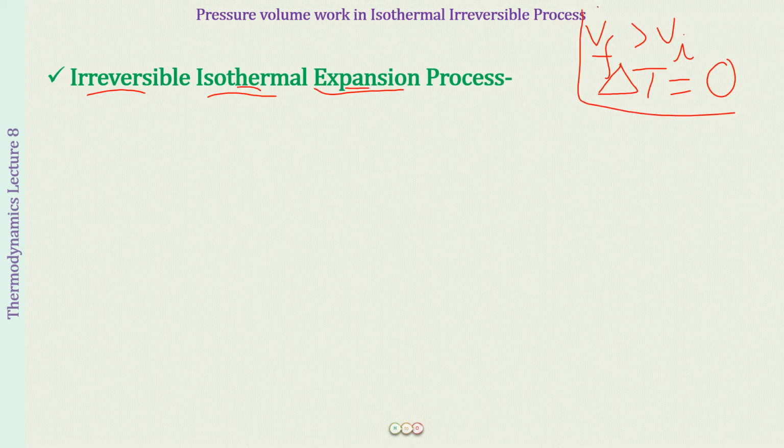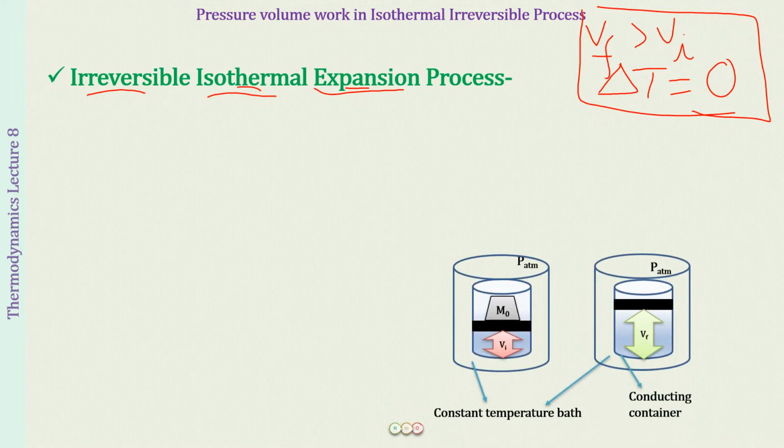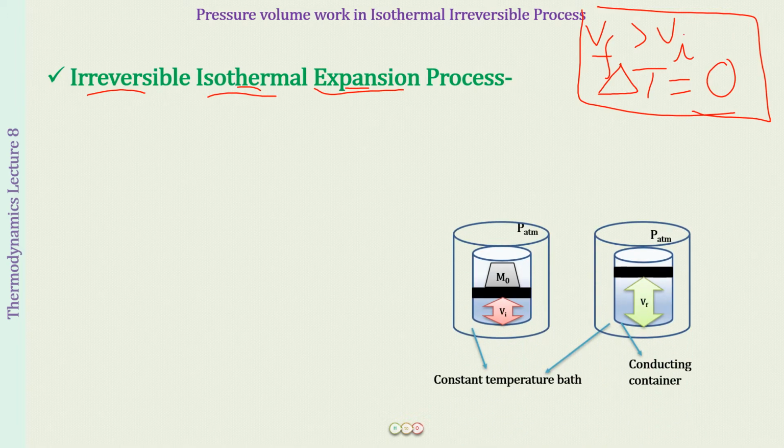So this is what we mean by an irreversible isothermal expansion process. This is what we require. Now the next thing we can understand is how we are going to have an experimental setup for this process. In the experimental setup, we have a container or vessel in which we have enclosed a gas, and it is fitted with a piston. The initial volume the gas is occupying is Vi. The final volume the gas is occupying is Vf, and you can see that the initial volume is less than the final volume. Therefore the expansion will take place if such a process gets completed. So this is an expansion process.